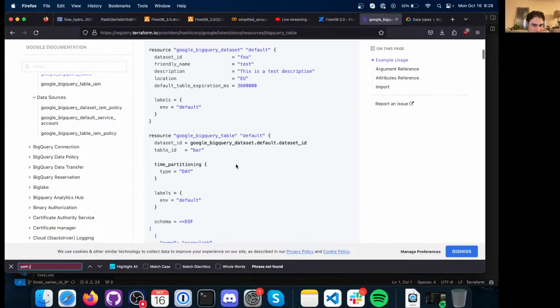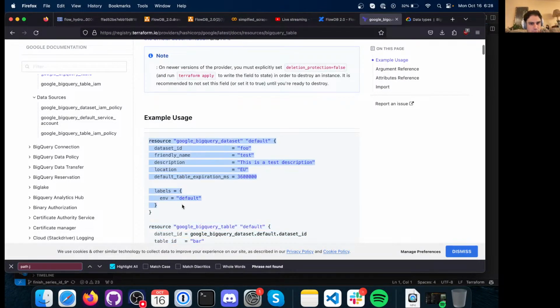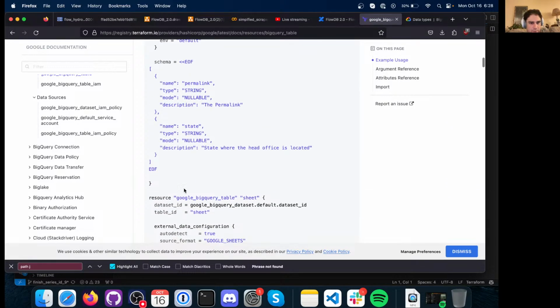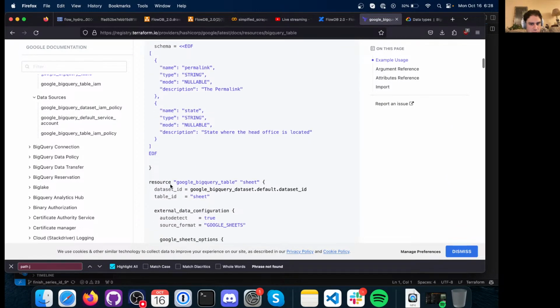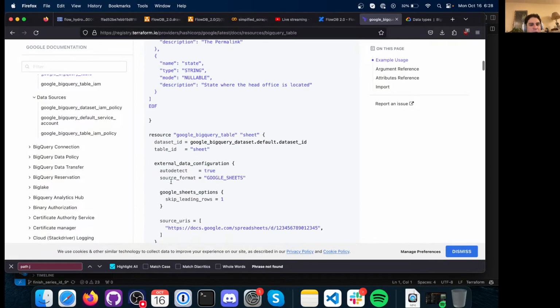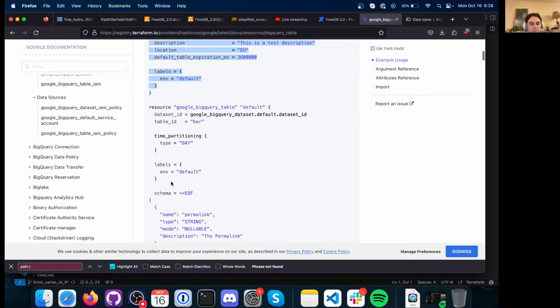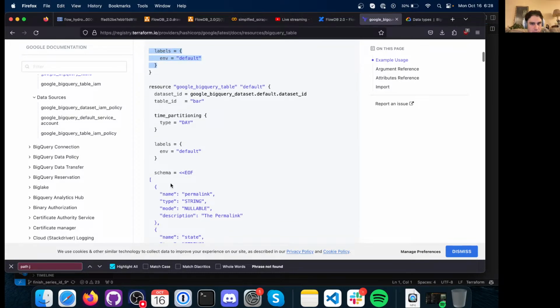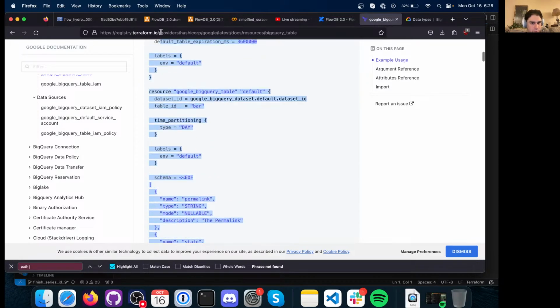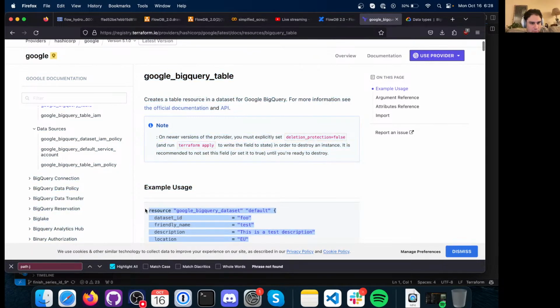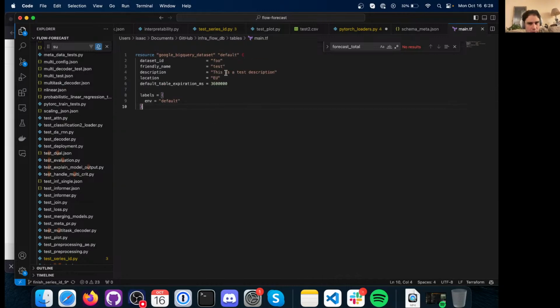Okay, so we're gonna create this. We're gonna copy this. And then go from there. So I'll start just by copying this here. So we'll change this, obviously. So we're gonna call this data set,